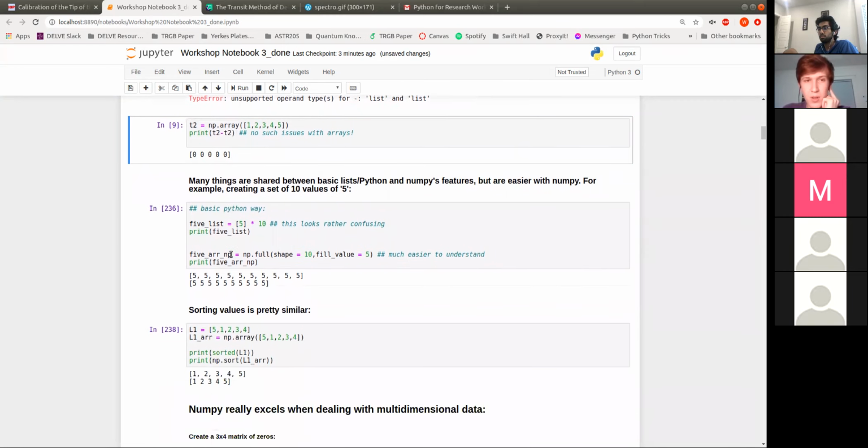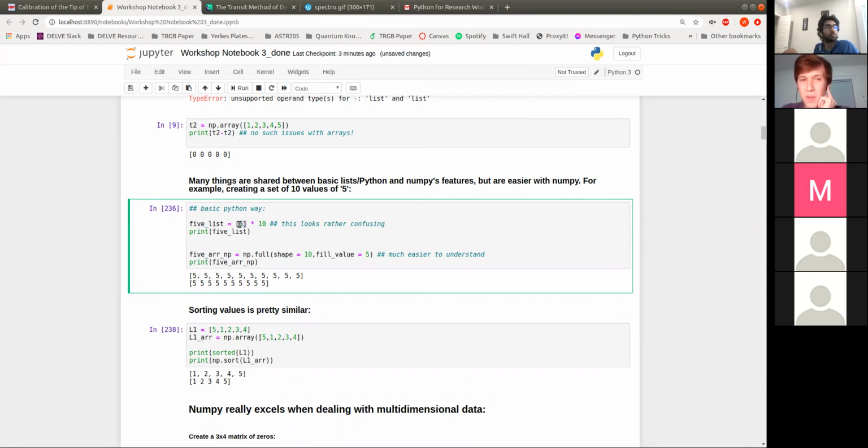Same thing goes for defining arrays for a certain length and filling it with a value. So in default Python, the way you would have to do that with lists is you put a number inside these brackets, say 5, and then you put this star here times the length of your array. And so extremely confusingly, this is not multiplication. This just says take the element and duplicate it 10 times and make a list of that, which is extremely syntactically confusing. And if you're writing code for research or something, someone would probably scream when they looked at your